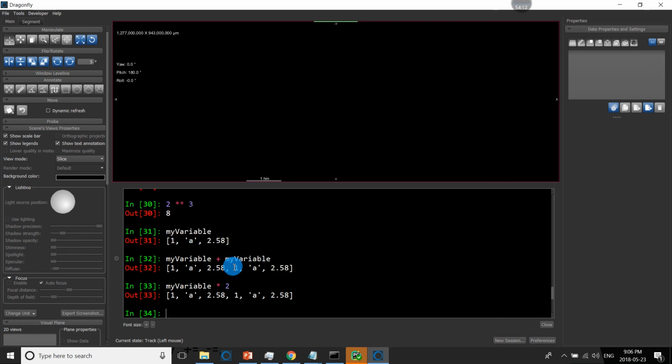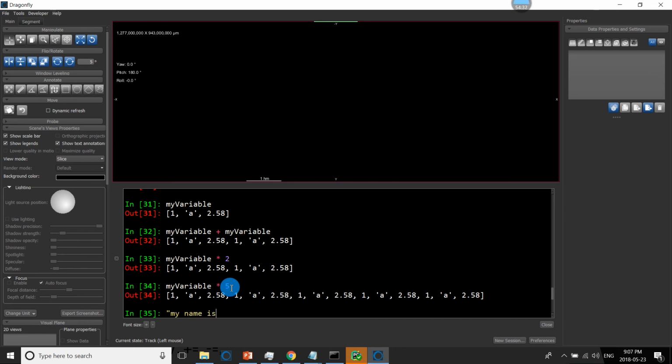So if I do my variable plus my variable, I now have a list that's 2 times. I should be able to multiply my list. So I can multiply it and it will give me 2 times as much, or I can do times 5 and it will do the same thing.